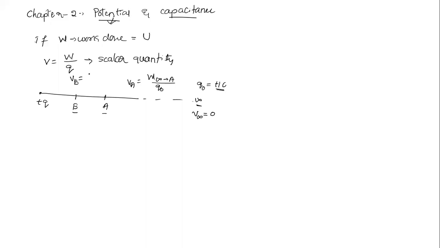Okay. So now how much is it? Work done to move from infinity to B divided by unit positive charge. Here, potential depends on work done. So where there is more work done, there is more potential. Hence, the potential at B is greater than potential at A. So if I want to find the potential difference between these two, I'll take like this. VB minus VA, that is the potential difference between these 2 points, VAB, meaning that AB stands here now.